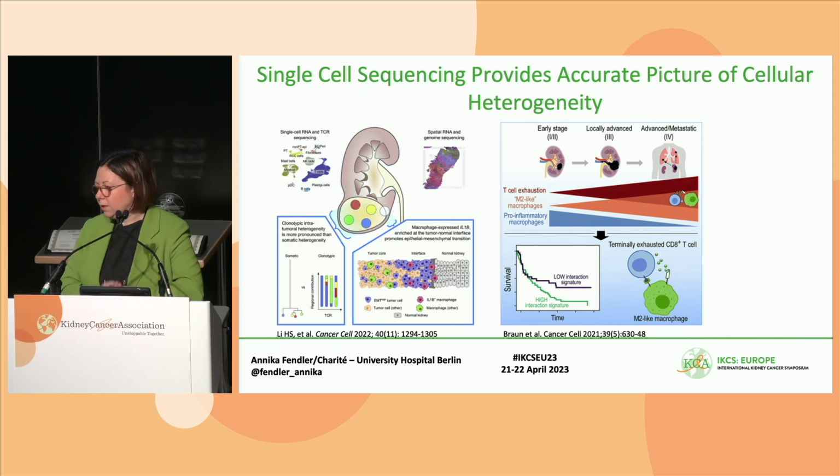So there have been a lot of single-cell sequencing studies, or several in the last years in kidney cancer, which really have given us a great overview about the composition, mainly of the TME, and what kind of cell types we're finding in different kidney cancers. And these are just two examples of the studies that have been published. The limitation maybe of single-cell sequencing is that we can't usually assess it in a large cohort of patients in multiple regions from the same tumors, and that this doesn't allow us to assess systematically how transcriptomic heterogeneity, genetic heterogeneity, and clinical phenotypes are linked.